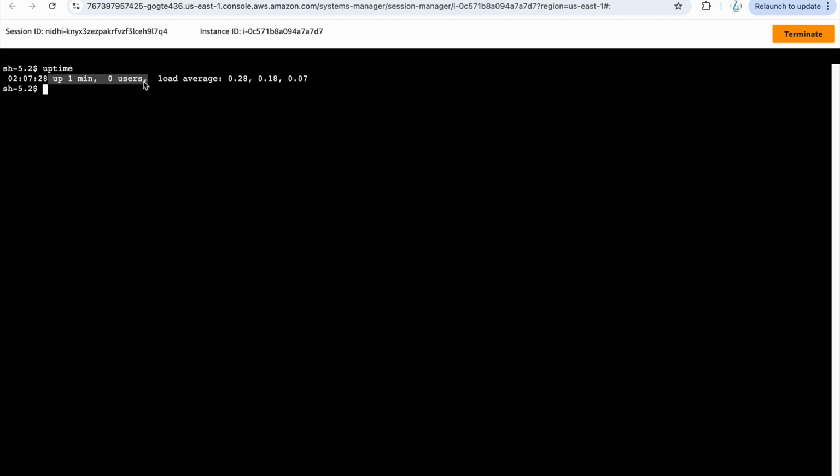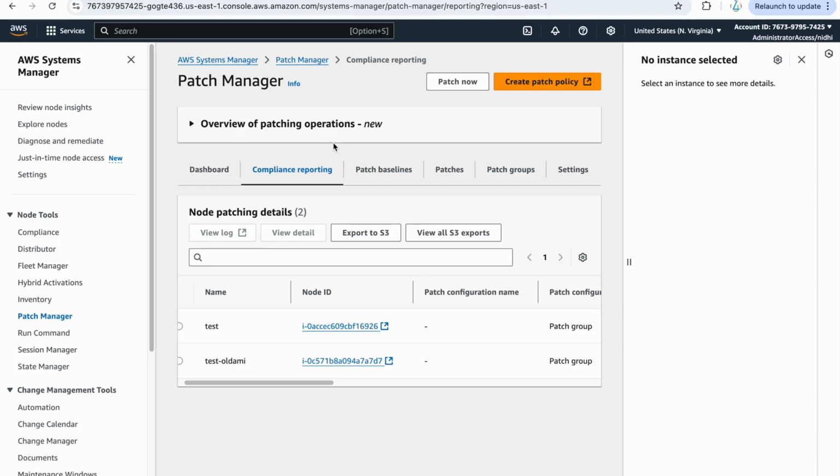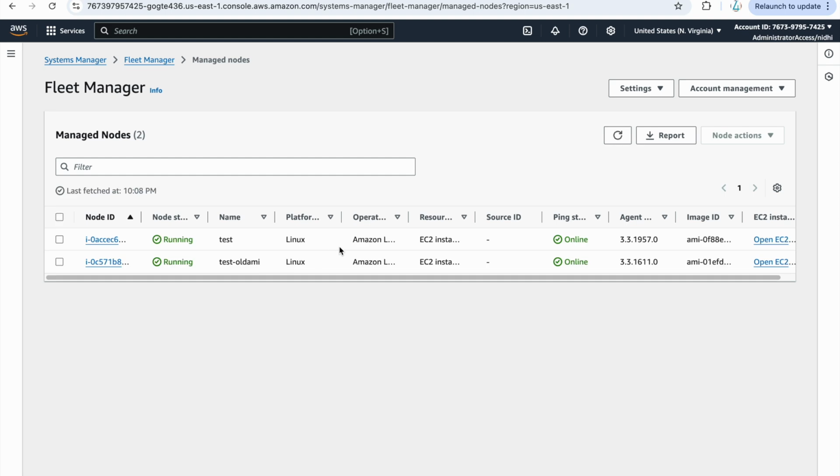So if you have some system which is production critical, or because of some reason you want to take the control of rebooting any instances, you can have that option selected, no reboot. Or if you have an application, I mean, it depends on your configurations. If you can support reboot in an automated way, you can select that option. If you cannot, then no reboot needed. So that is how it works. And if any instance you create like Red Hat or anything, and if you go to Fleet Manager, it won't show up here. That means that is not managed by SSM or the system manager.